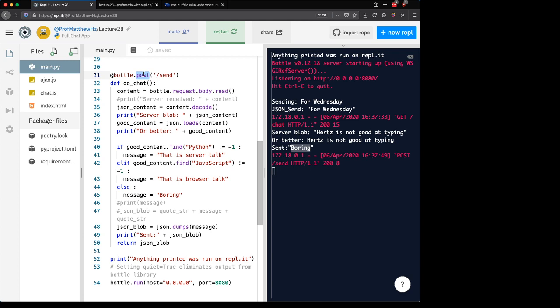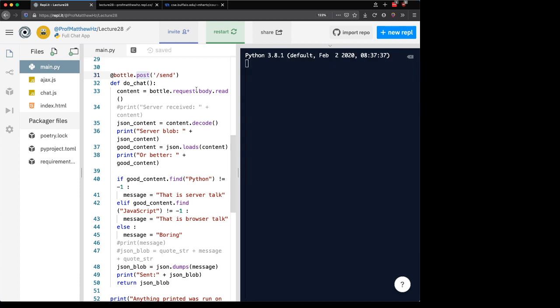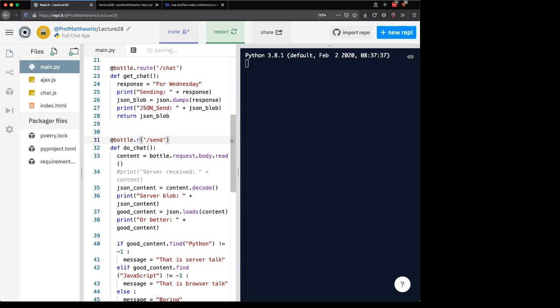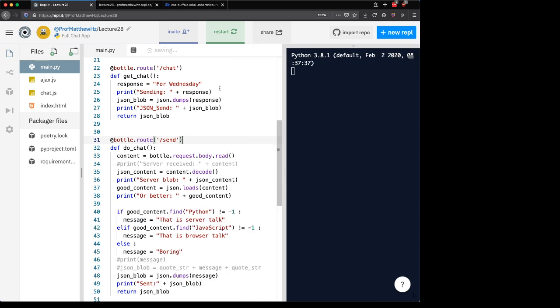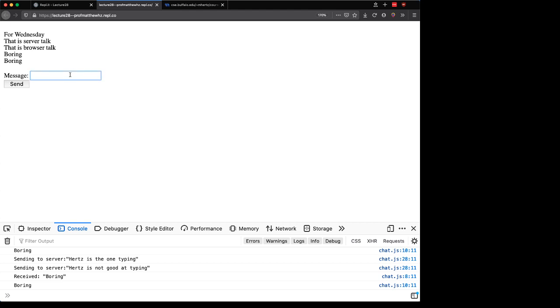So this gives us an idea. One thing just to point out, because this is, again, a commonly made mistake, I just want to show you a way that you can check. You can always check your messages being sent if you don't have that quiet equal to true. We can see this was a post request, this was a get request. It helps us debug everything. If I change this route, excuse me, so now I'm saying that /send is looking not for a post request, but for a get request. Then, at the very beginning, it's okay. But if I type in a message,